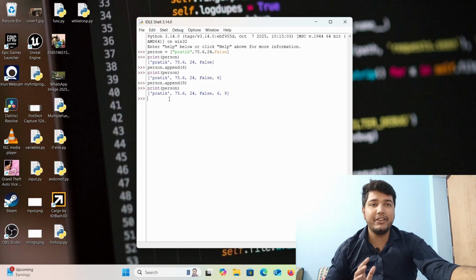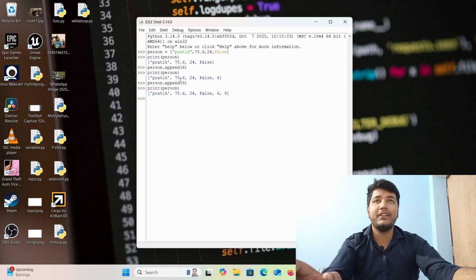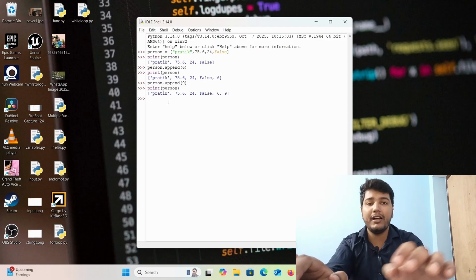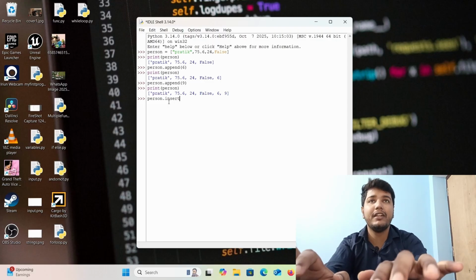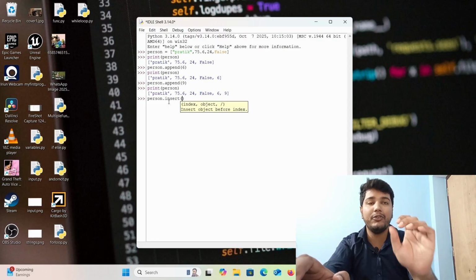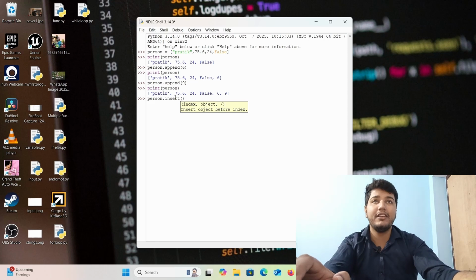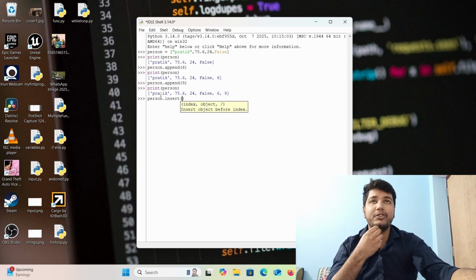So here comes the insert function. So how to use the insert function? We will type the list name person, the same way like we do with append. Here we will use the insert function. And before what we want to insert, we have to write the position. So you know the position starts from 0, 0, 1, 2, 3, 4, 5. So we will add at 1.